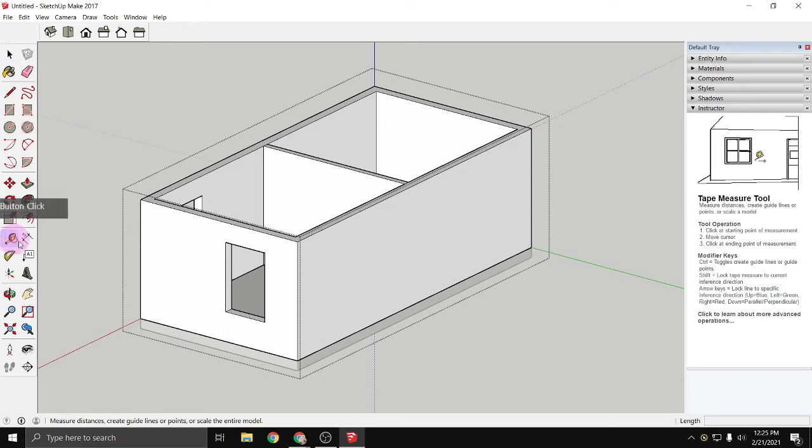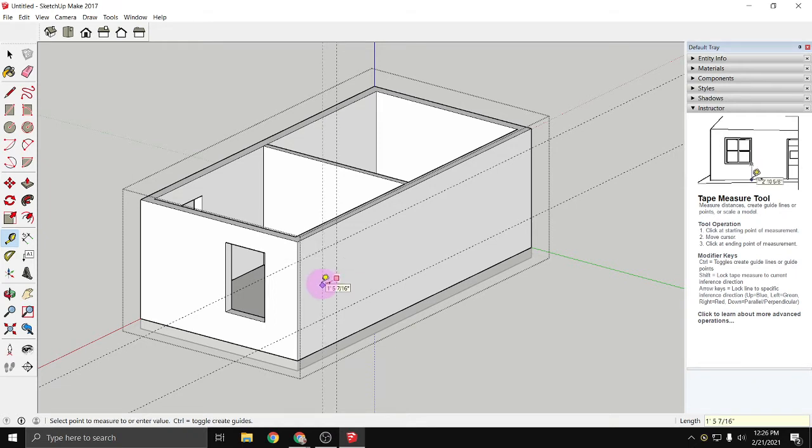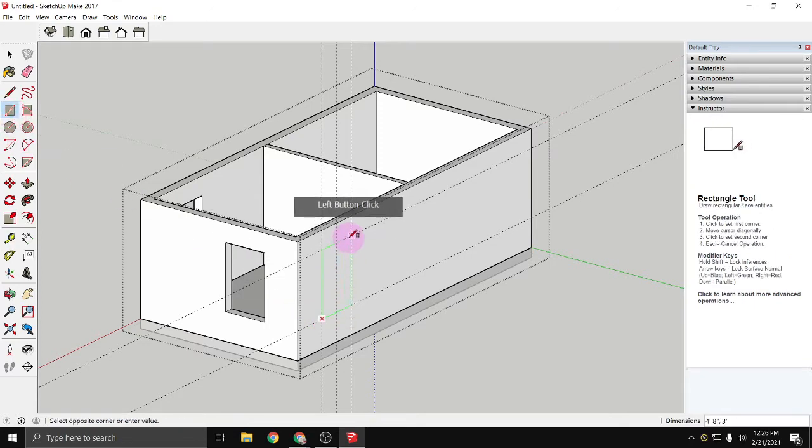And so I'm just going to make some more guides for my window back here. So it's up 2 feet, up 6'8", over from the edge 4 feet, then over in this direction 1 foot, 1 foot 6, over in this direction 1 foot 6, and rectangle,